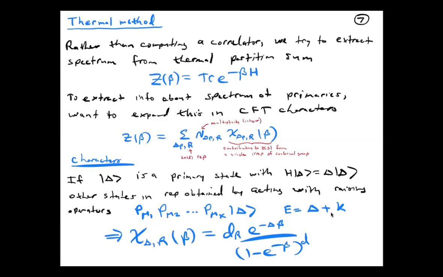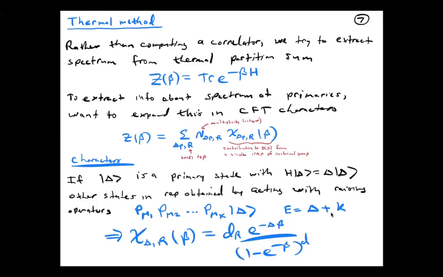If we're in CFT-D, we have D of these, D independent P's that commute with each other. Each one raises the energy by 1 unit, so if I apply K of them, I raise the energy by K. These commute and act independently, so I can just sum up all the contributions, any number of each one, so it decouples. And so I just get, well, this is the primary dimension, I just get D copies of the usual kind of thing you get for